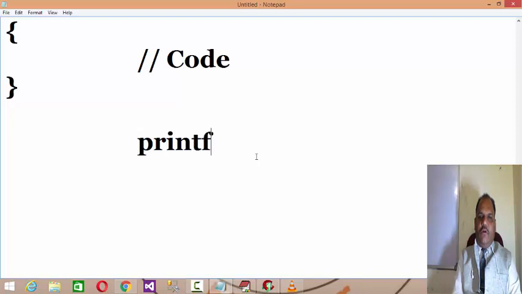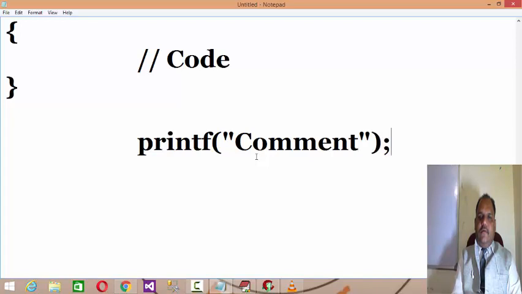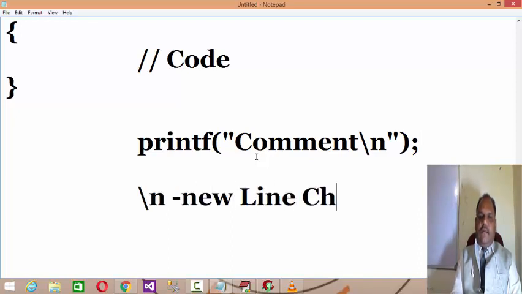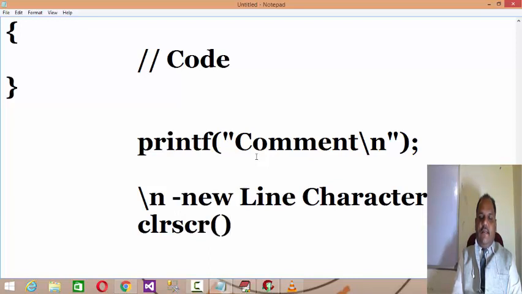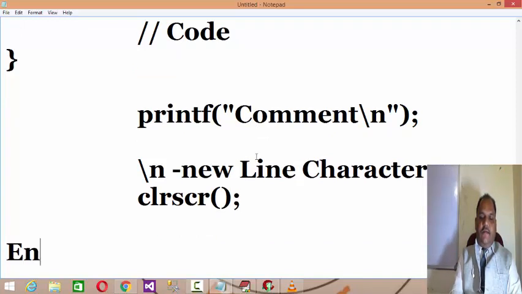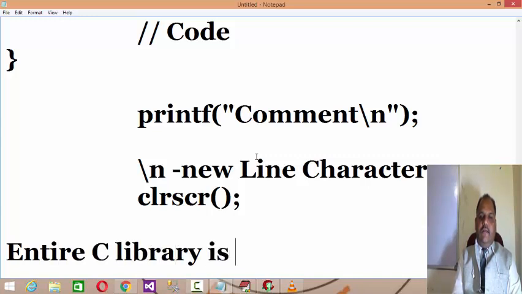We use the function called printf, which is used for printing, right? And then we use \n for new line. \n is actually used as a new line character, right? And then we use a function called clrscr, which is useful for clearing the screen, right? And we've studied that the entire C library is in lowercase,